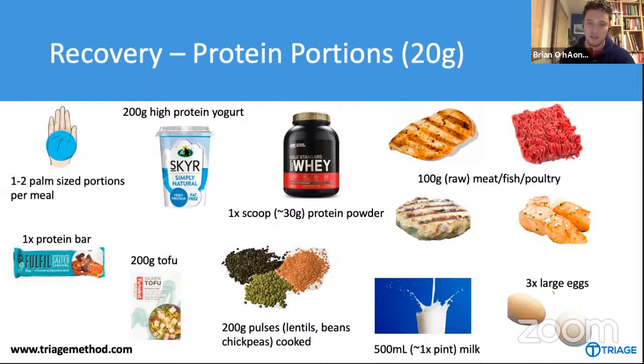Okay, so that's a kind of a guide you can use because they'll be like the majority of your sources. You will get like little bits from grains, so like breads, oats, rice, things like that. They will contribute a little bit of protein. And if you're eating a lot of those foods, it could be significant over the course of the day. But when you're looking at putting your meals together, these are the ones you want to focus on to ensure you're hitting those high quality sources. Okay.